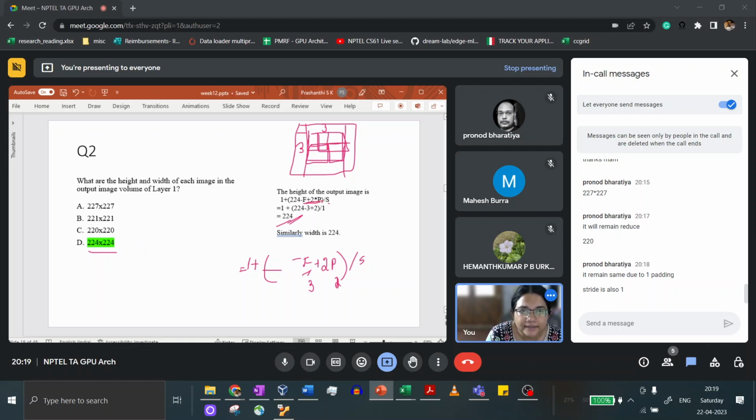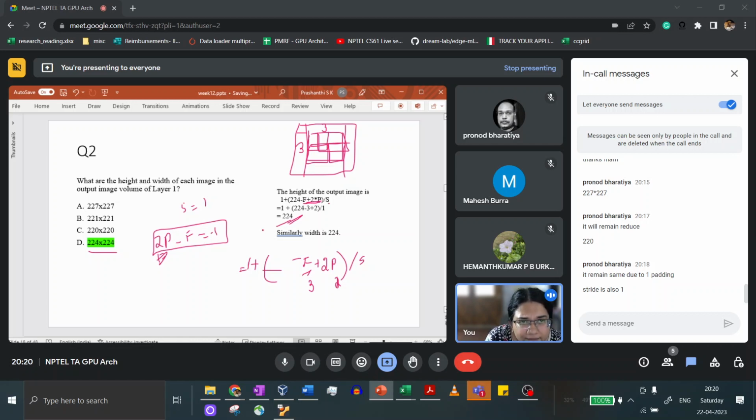If you work this out, you will see something like 2p minus f equal to, with a stride equal to 1. If the question says the stride is equal to 1, when are the input and output dimensions the same? You will see a relation like 2p minus f equal to minus 1 or something like this, or you can rewrite this as f minus 2p equal to 1. So that can be a generalized thing. It's not just that padding is 1 and stride is 1. You can come up with relations like this.